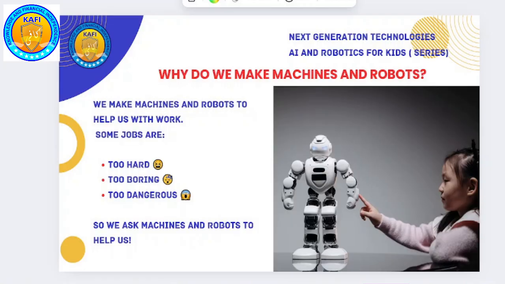It works. Okay. So if your mom wants to wash your clothes with her hands, she has to work very hard and for a long time, right? So instead she bought a machine, a washing machine, and now she puts all the clothes in the machine and the machine does all the work for her, right?